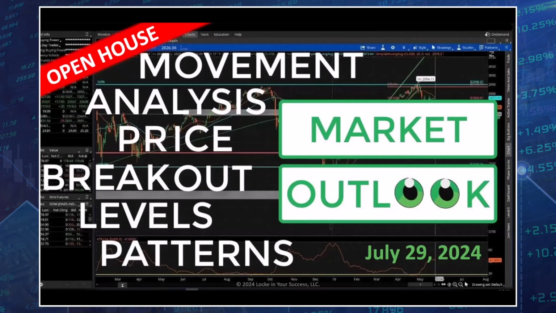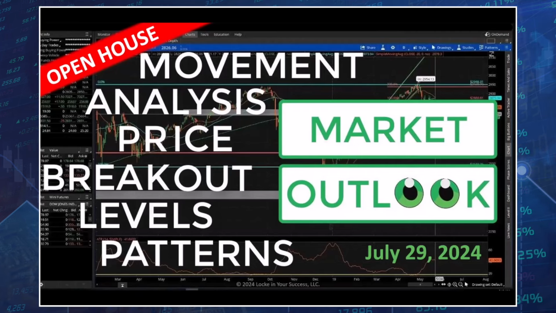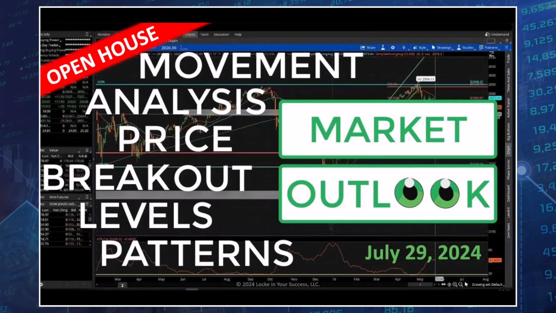Just a little bit about Market Outlook: a lot of people believe that when we talk about analyzing the market, we need to know exactly where the price is going over the next 3 hours or the next day or so forth. And that's not really what it's about. Market Outlook is about understanding the playing field in which you're playing.